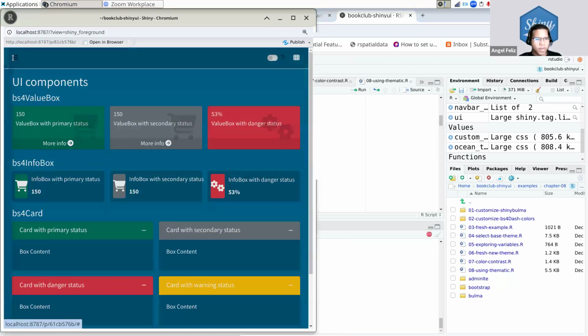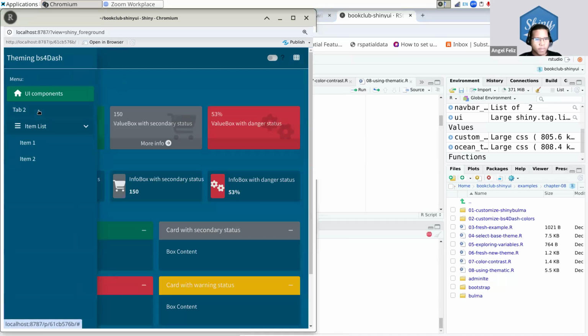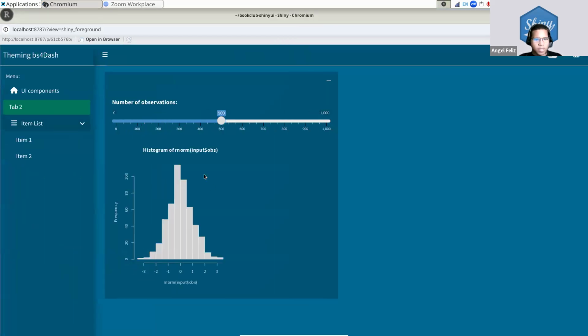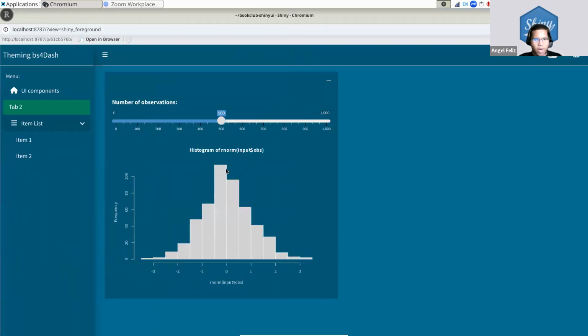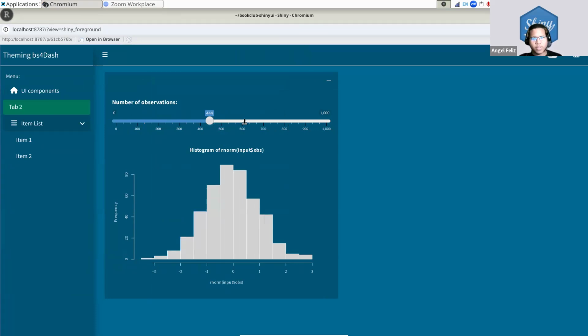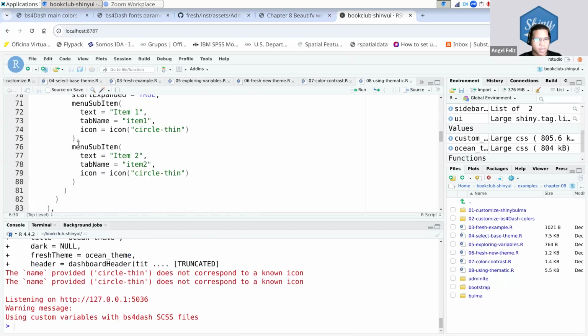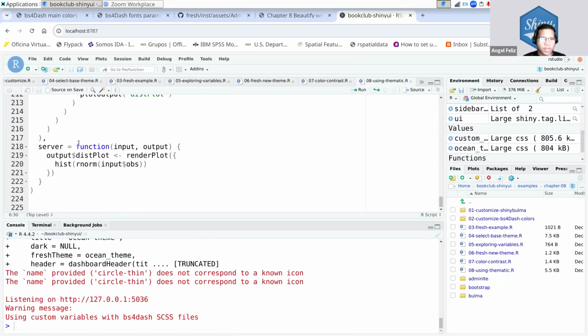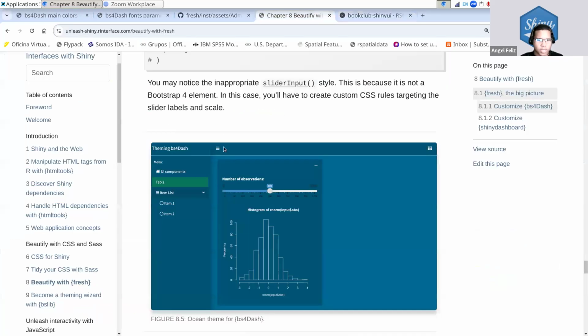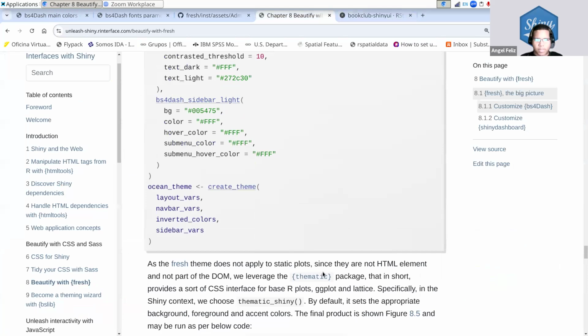And we go here and try to find the plot, the tab 2. You see now it doesn't show the white background that we used to have for base R plots, because this is just using the histogram function from base R. So nothing in your app changes, and thematic will take responsibility of deleting the background for your plots. The thematic package works for ggplot2 and base R and